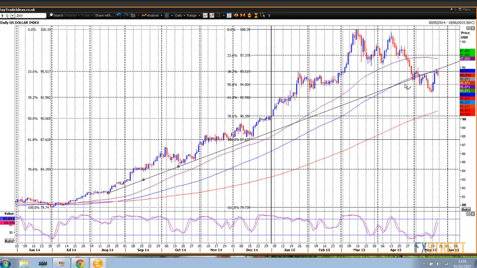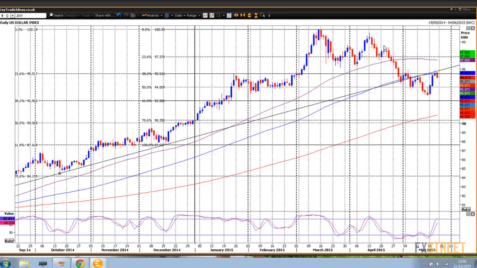Obviously, when this correction started, that trend line held really nicely as you'd expect, but we didn't bounce too far before the market turned around and headed lower. So I'm not quite sure why we bottomed out here. I couldn't find a reason for it. Maybe you know, but I don't. Anyway, we did manage a decent recovery, and that's given us a chance to get short